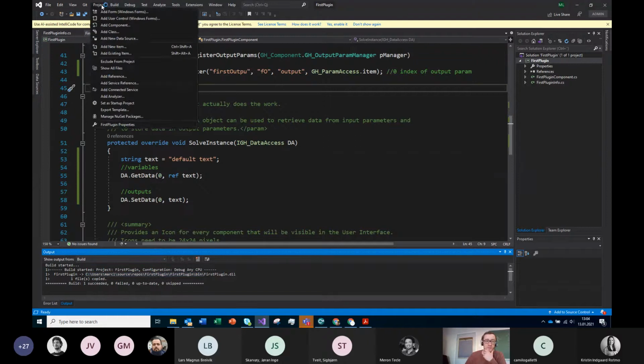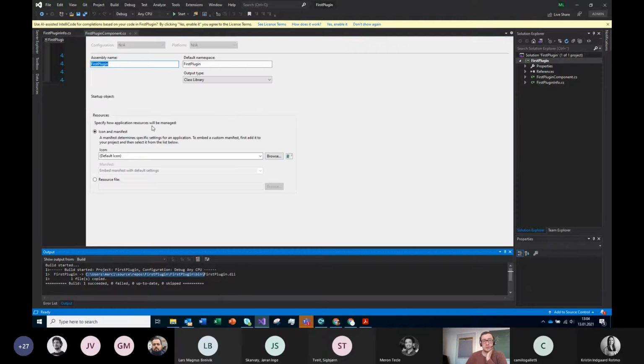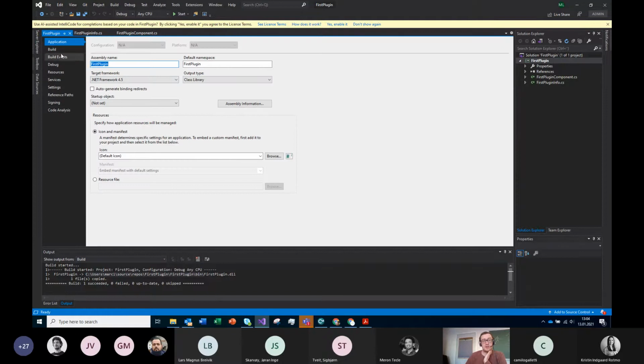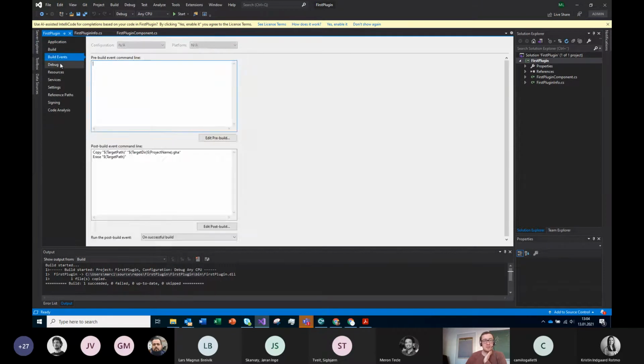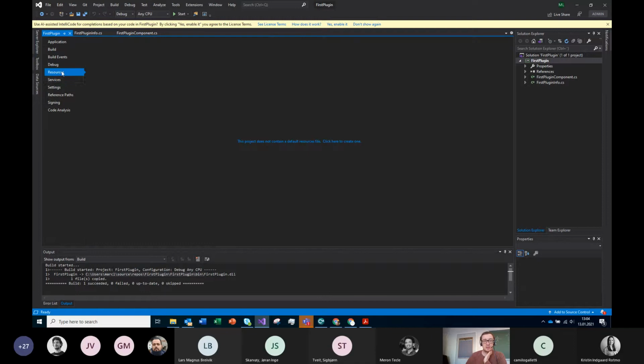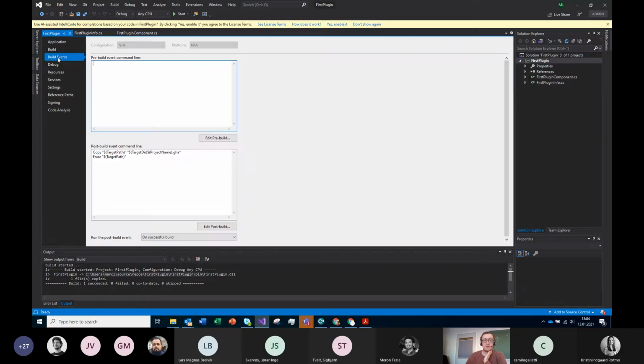I will go for the project and first plugin properties. Take a look there, because this is quite important. Now you have things like application, build events, debug, resources, and stuff like this. The most important thing which I want to talk about right now is the build events. If you go here, you have a code here. If you don't have it, you should have it, but it should be solved by the template which you download from Grasshopper. And it is saying that